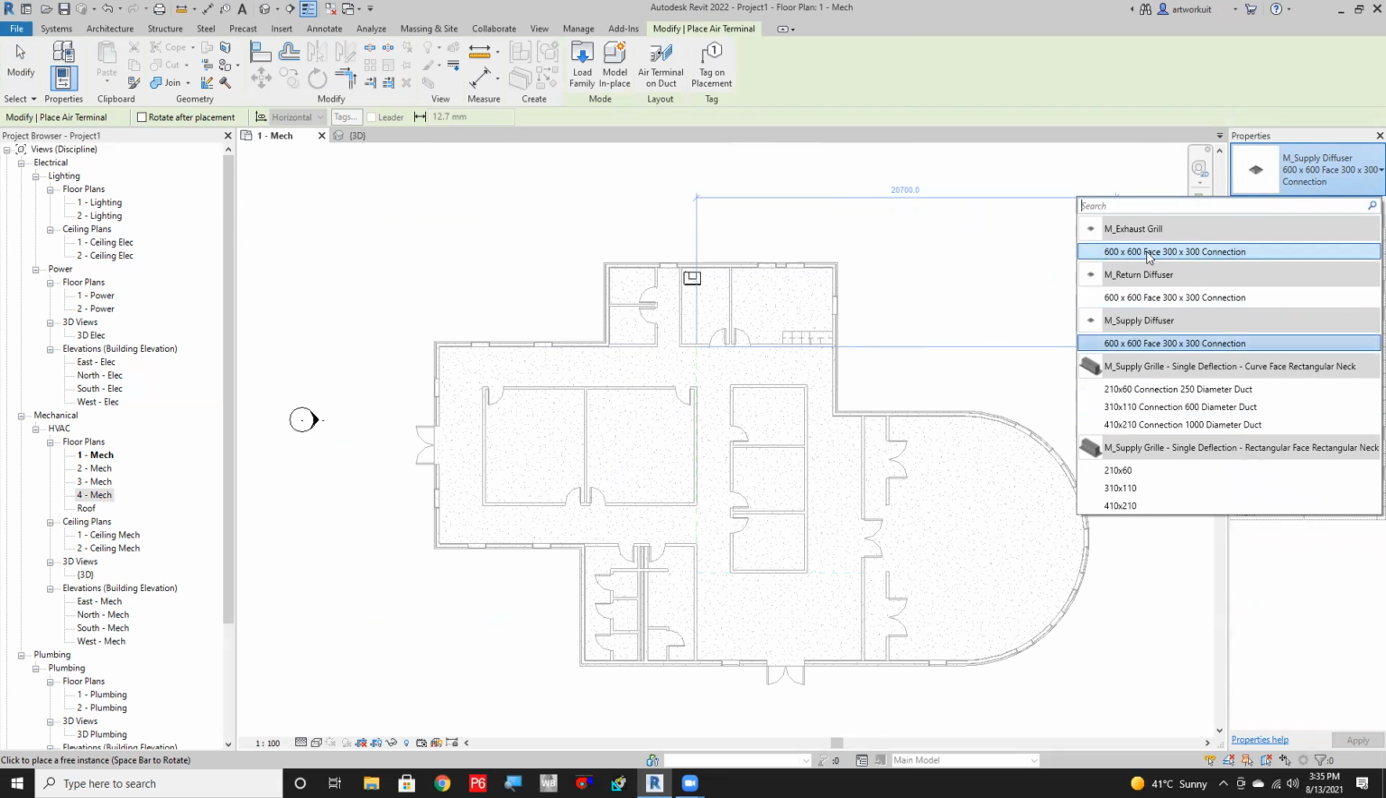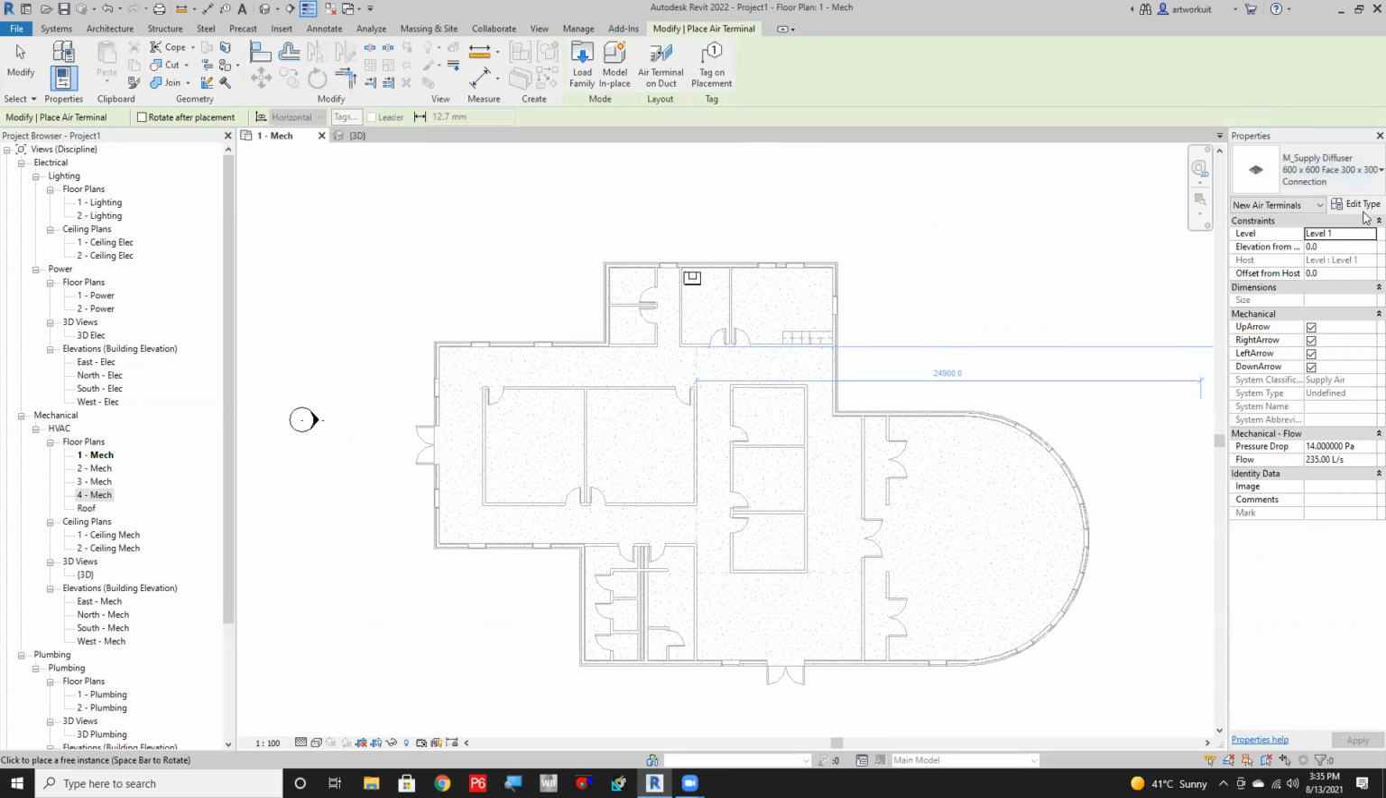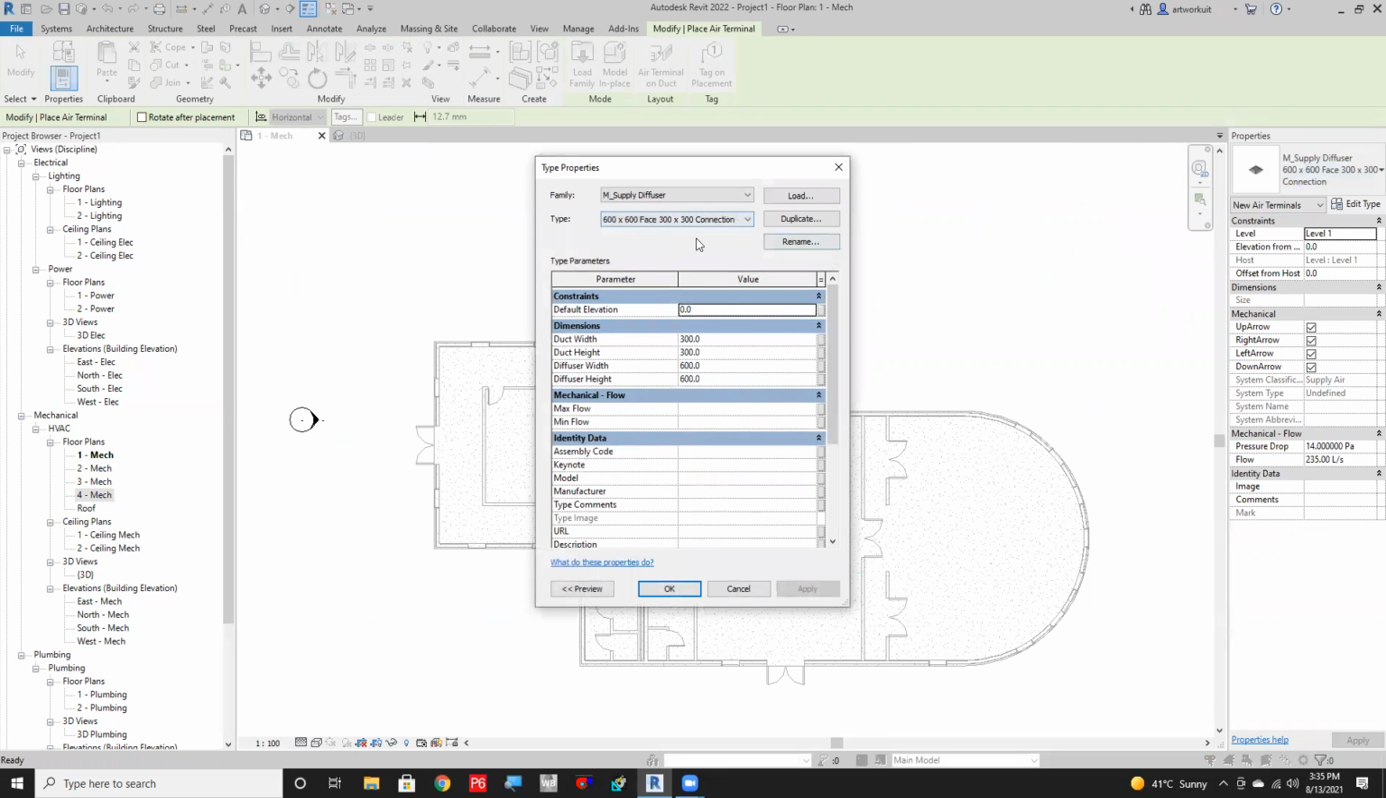Okay, different kinds of air terminal, supply and return. So I'll go for supply. Then edit type. If I want to change the size, I can duplicate it. I'm duplicating it to 400 by 400 supply. And okay. So now if it is 400 by 400, I'm changing the duct width to like 250,